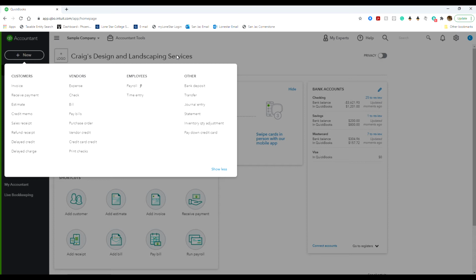Employees, we do have payroll and time entry. And this little arrow right here will state that we need to upgrade payroll. And then others, we have bank deposit, transfer, journal entries, statements, maybe an inventory quantity adjustment, and a pay down credit card. That's actually pretty cool. Okay. So, it now wants us to click invoice in the customer section of the create screen,